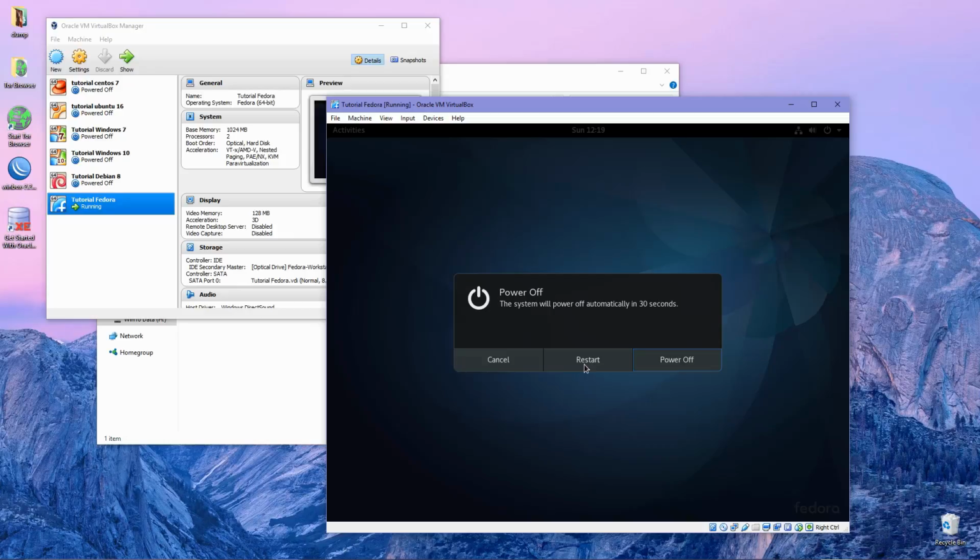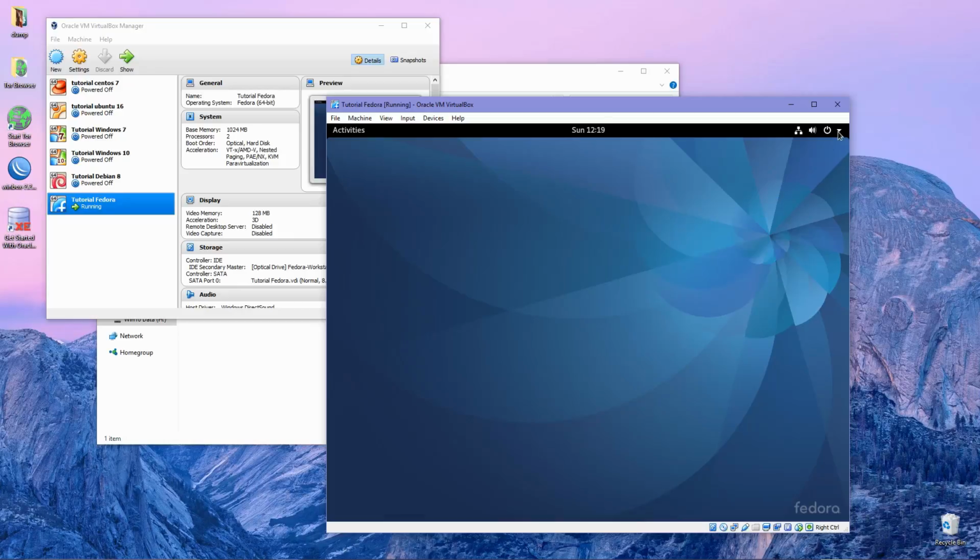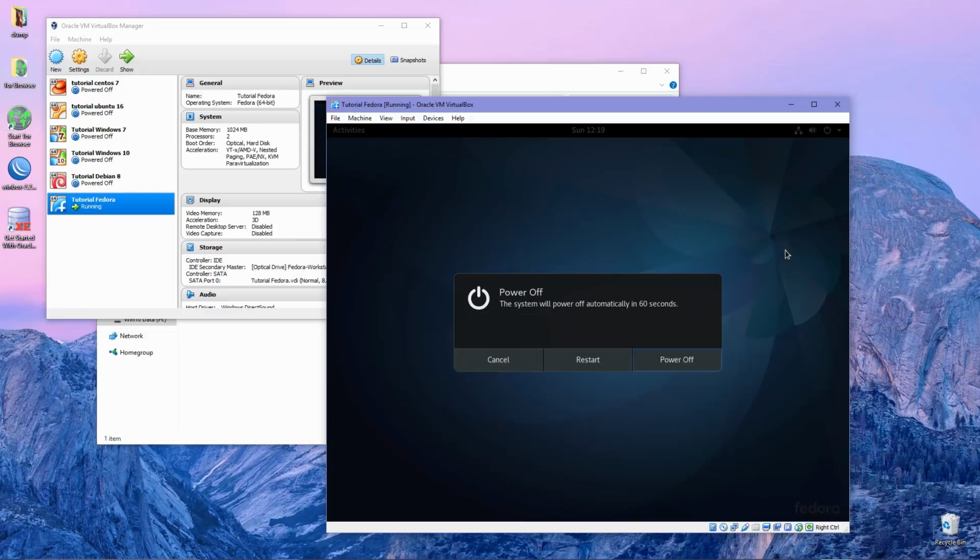Make sure you don't remove the installation media here. So now we restart first.